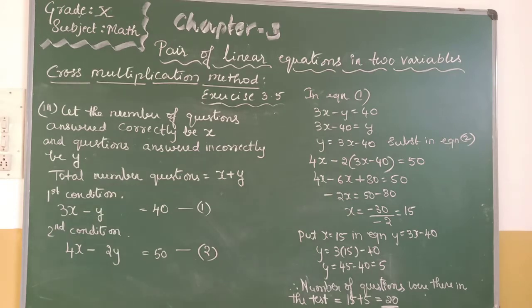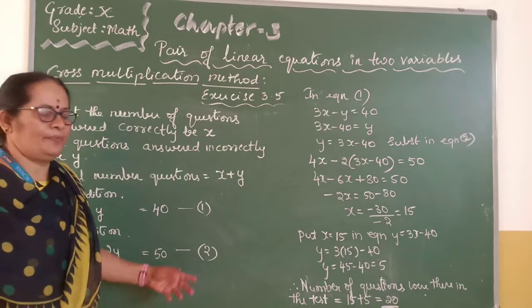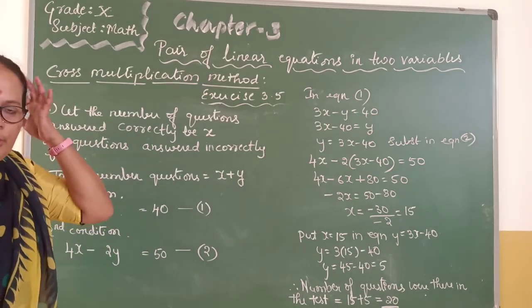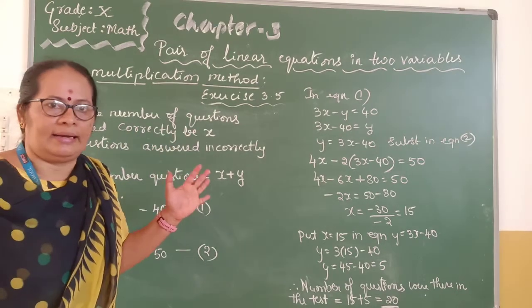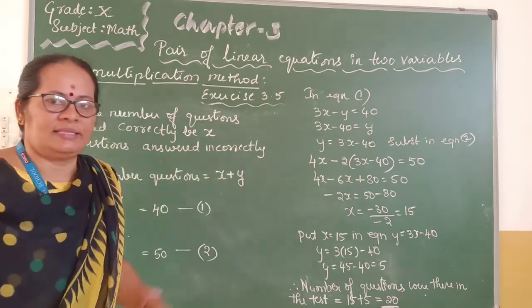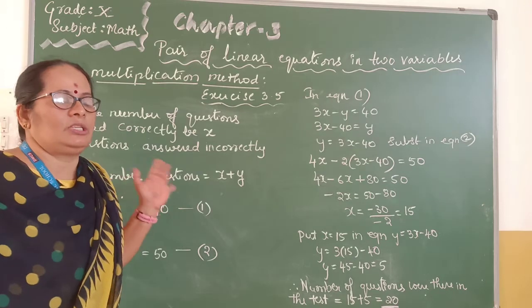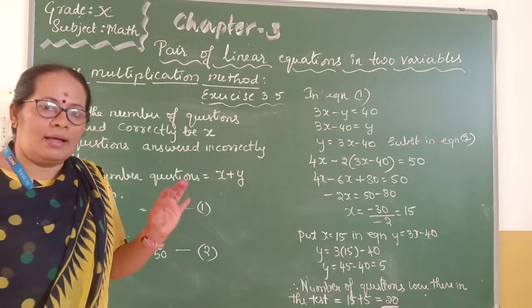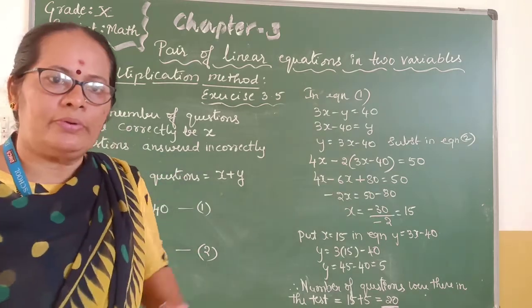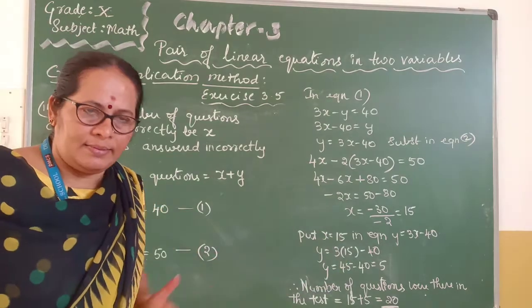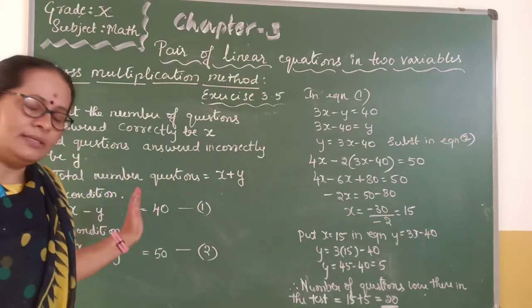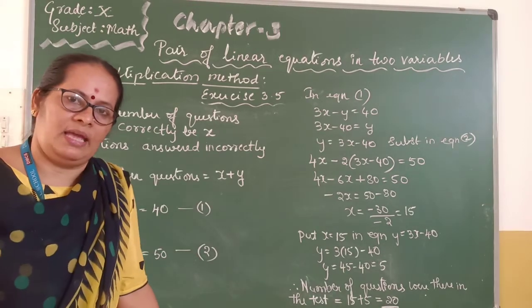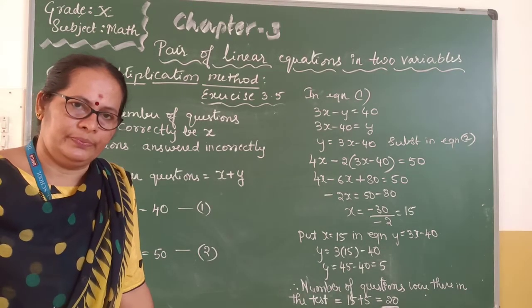I hope you understood this. So it is one of the very important questions. The only thing is, you have to frame the equation correctly. The rest of the part will go easily. Only framing the equation is very important. While framing the equation, you have to read the statement 2-3 times, understand it, then frame the equation using variables. Understood? Okay.